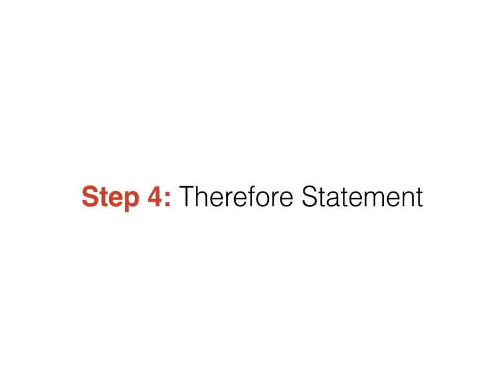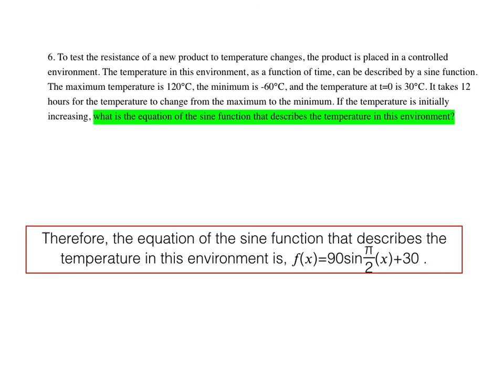Step 4. Therefore statement. This is the last step and is very simple. We have now solved the trigonometric word problem, and we must summarize the answer into one simple sentence. Let's reflect back on what the question is asking us to do. What is the equation of the sine function that describes the temperature in this environment? Therefore, the equation of the sine function that describes the temperature in this environment is f(x) equals 90 sine pi